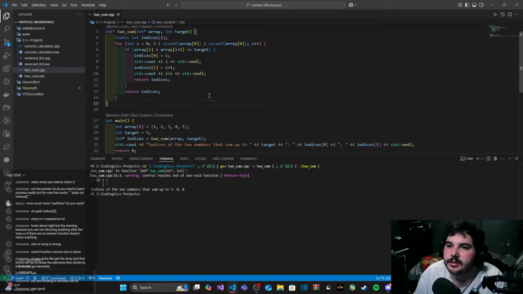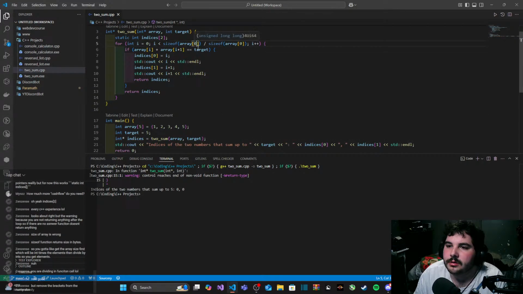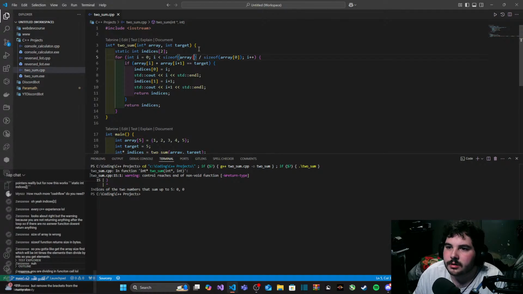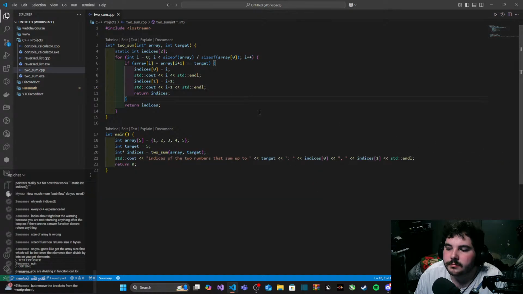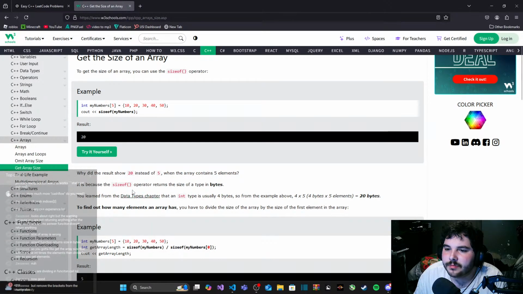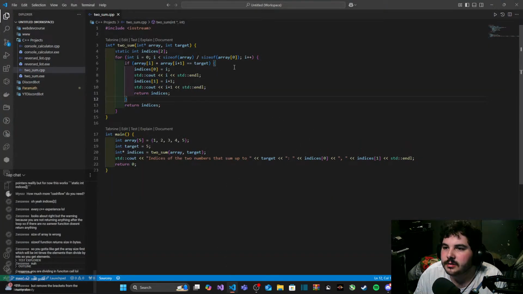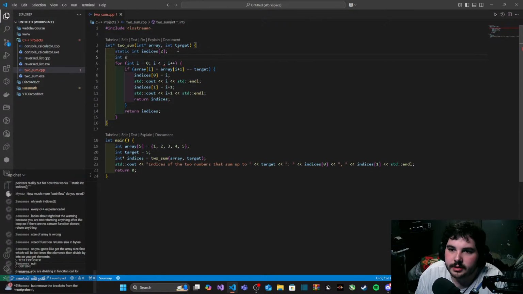No, it's still an issue. Size of my numbers, but okay, here's what I'm gonna do. Int size is equal to that.